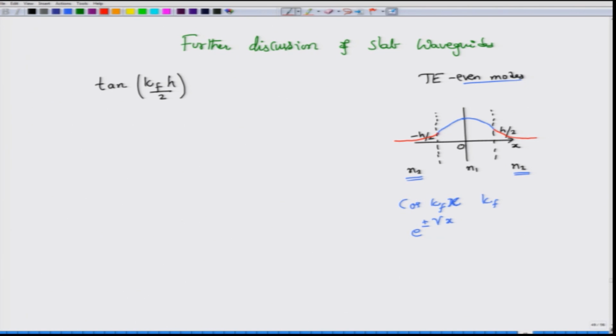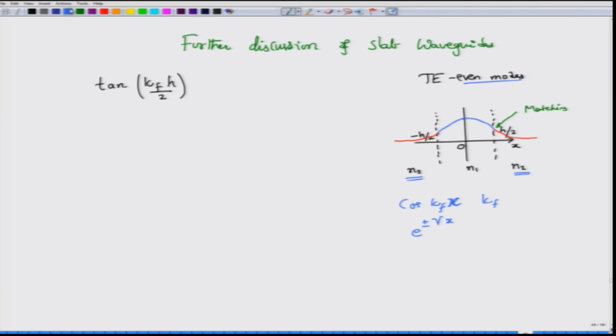So, all that we did, the complicated math that went into the systematic procedure, was to essentially get this point matched. So, this was the matching condition that we had to impose by all that mathematics, but what visually was happening was, you had a field in the film, and then that would smoothly change to a decaying field in the cover or in the substrate.